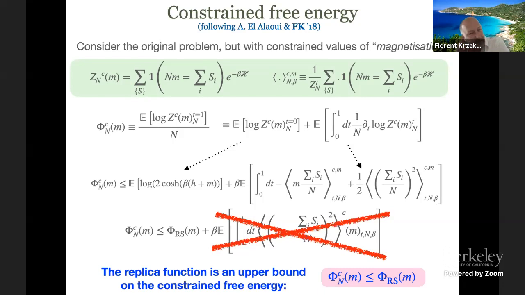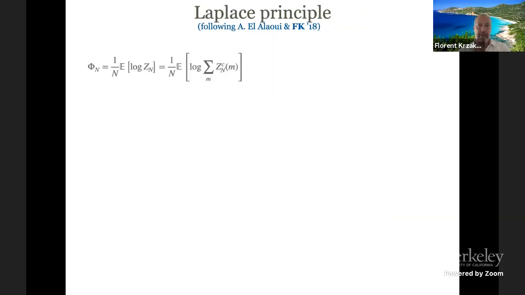Okay, and we have this very nice result, but the replica function is an upper bound to the constraint free energy. Actually, we kind of believe that this is true, maybe not at all n, but asymptotically. This is what we actually believe to be fully generic in the replica theory, even though I don't know how to prove this in full generality. But here it's true. The constraint free energy gives you a lower bound. The constraint free energy is a lower bound than the replica, and the replica is an upper bound than the constraint free energy. All right, how are we going to use this to finish the trick?